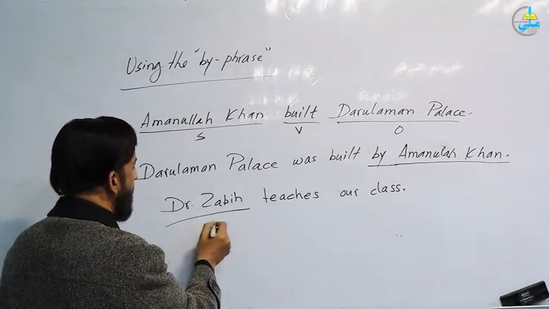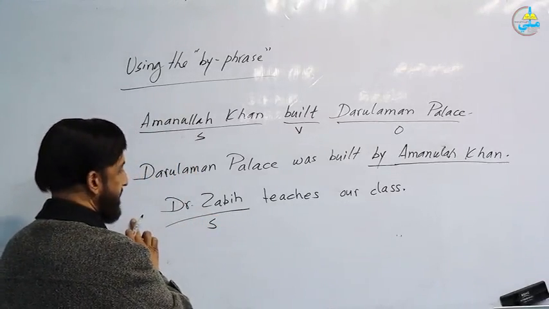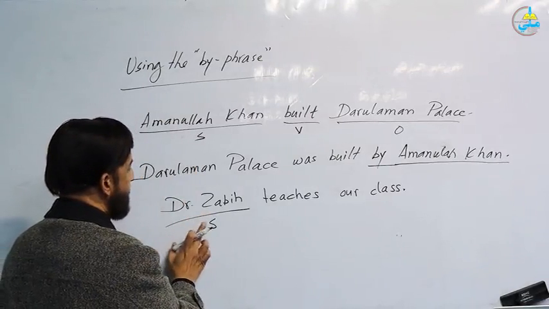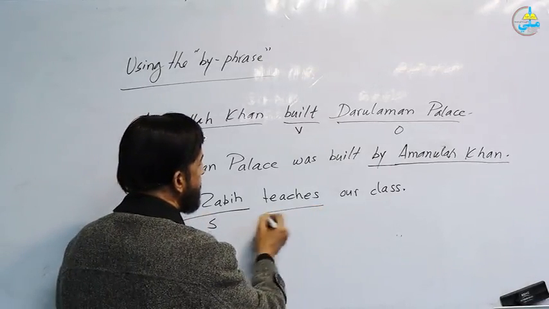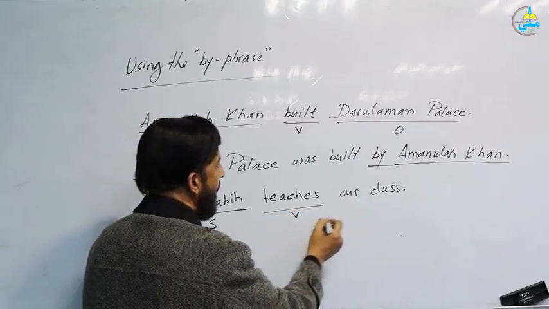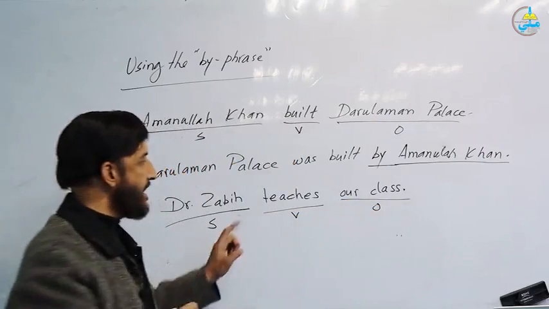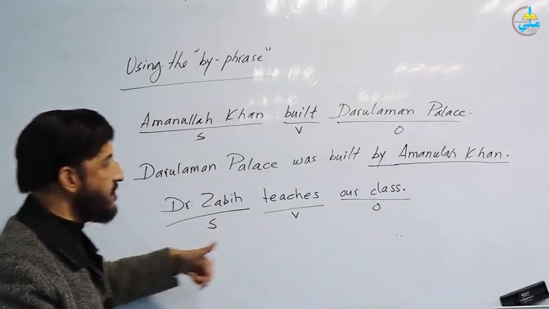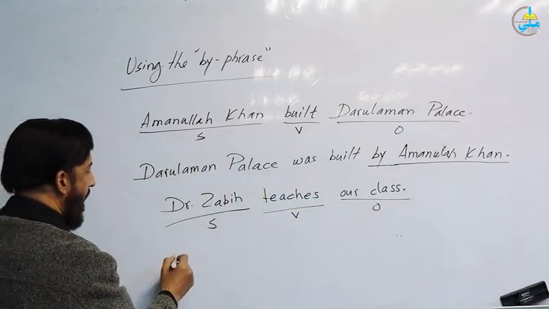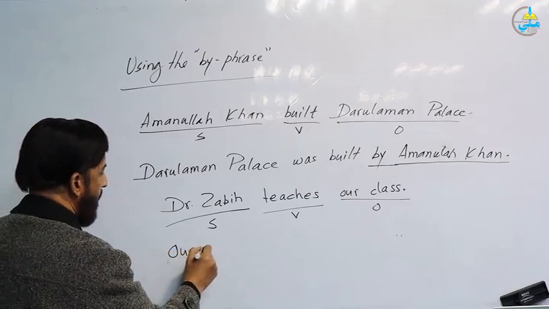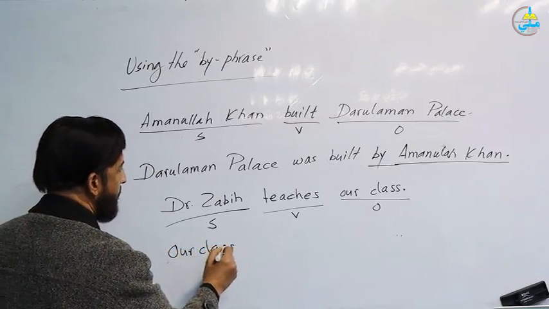Dr. Zabi is subject. This is an active sentence. Teaches is the verb. Our class is object. So since this sentence has object, we change it to passive. How? Our class